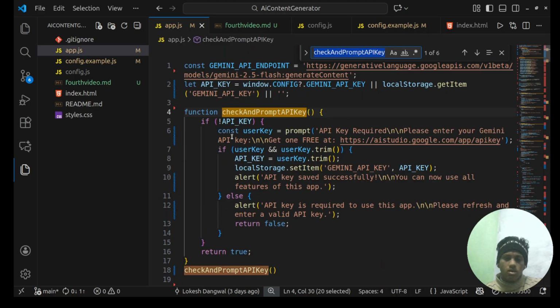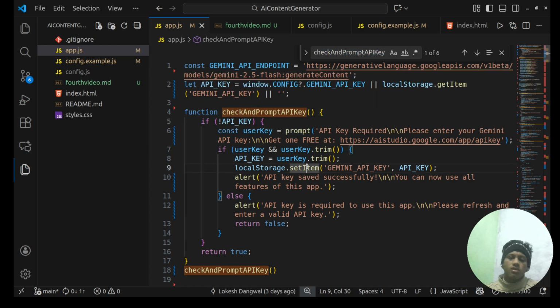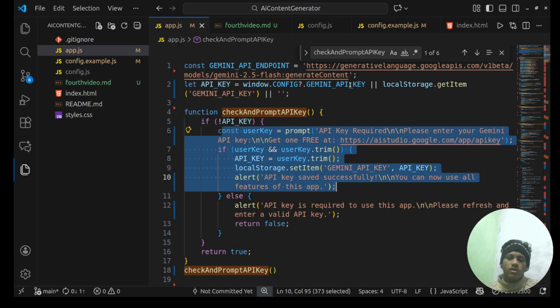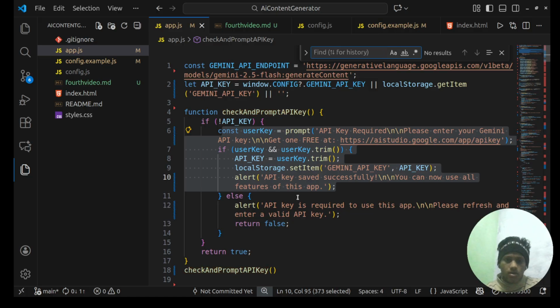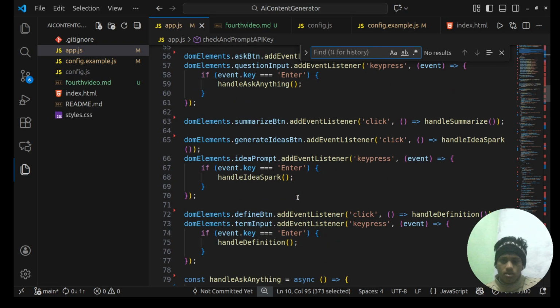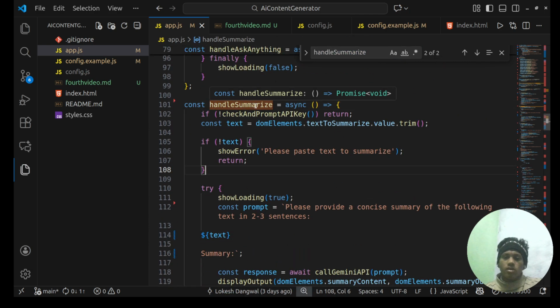When we are a new user, it will give me a prompt asking for one API key, to store in local storage and run locally, not globally. After this, here is my handle task, handleSummarizer.